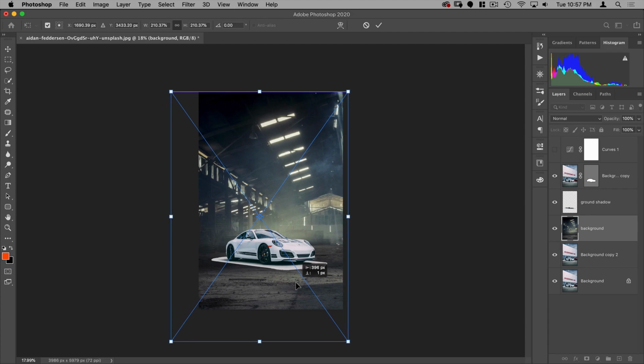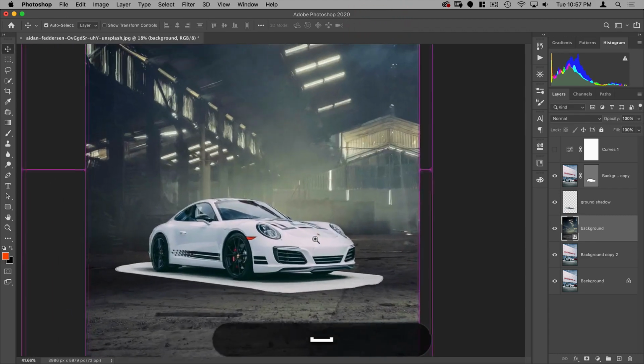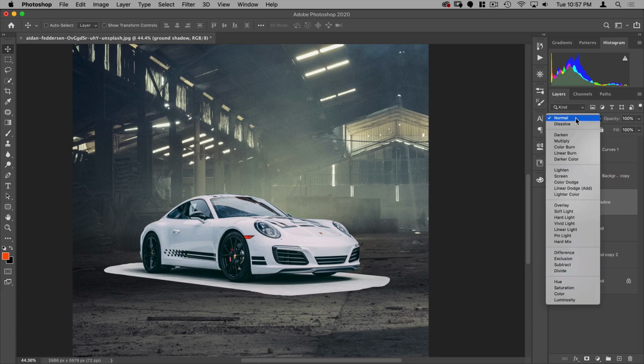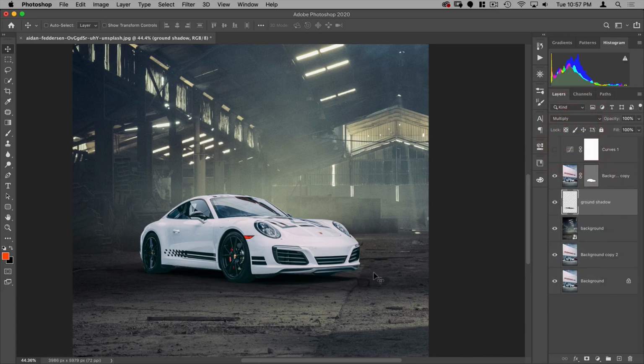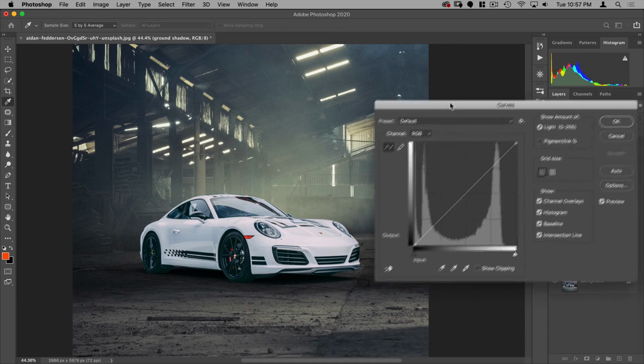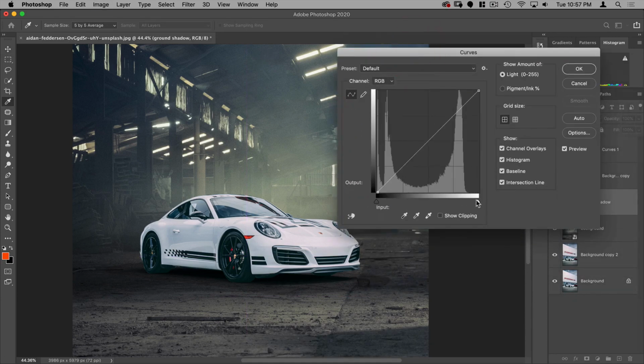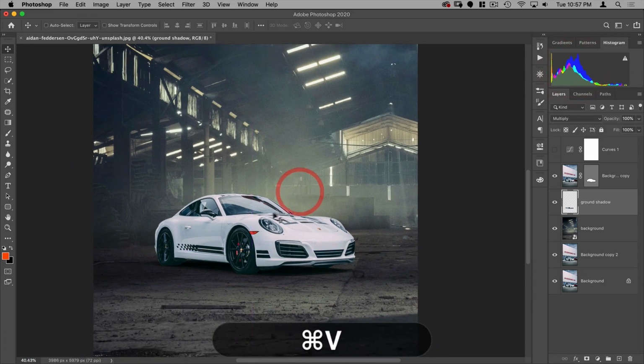I think that looks pretty nice right about there. So let's hit OK. And then with our ground shadow, we can put this on multiply. Now you will see a subtle line there, and I can just do Command M and bring my white point to match where the information starts in the histogram. So right about there, you're going to see that kind of faint line disappears. And now we just see the shadow there, which is what I want.